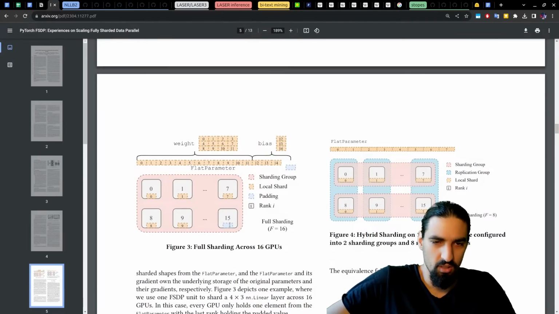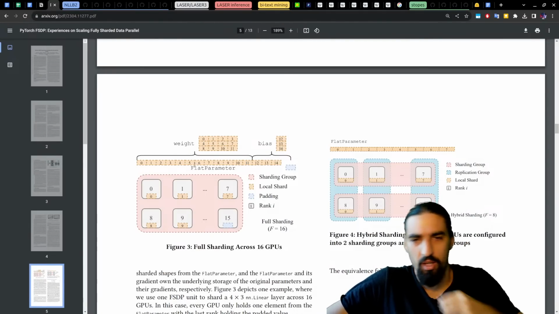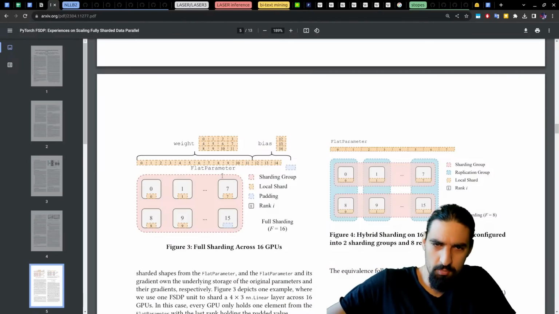Let's see these plots. Full sharding across 16 GPUs. Okay, flat parameters. I know that FSDP does this flattening for some reason. And then they accumulate the biases and the weights, and they flatten them out. Sharding group, local shard, padding. Okay, because we have 0 through 11, I guess the 15th one doesn't get anything, so we just pad. Okay, rank,